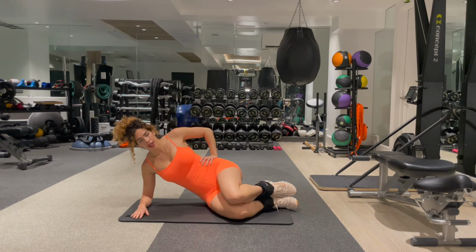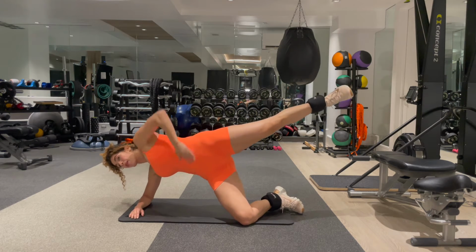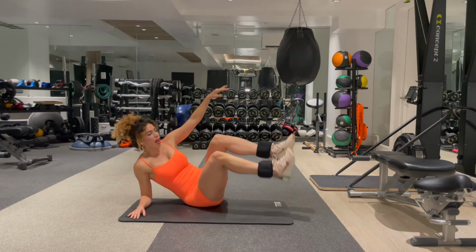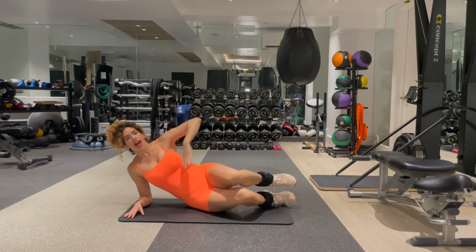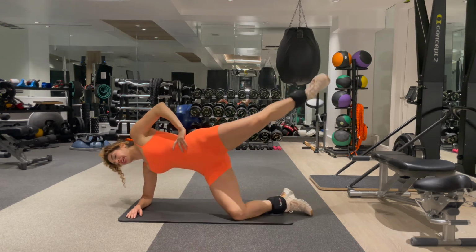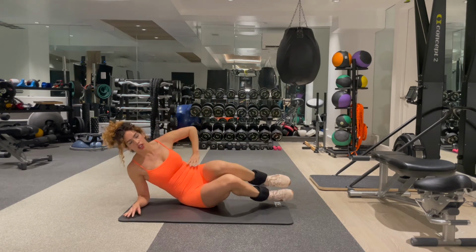Ready, 1. Extend and lift. Really make sure you're lifting the bottom hip up as high as you can. Sit on the right butt cheek this time, and bring the legs as close to your face as you can and push on that right tricep. 2, lift, extend, roll back, legs up, and 3,